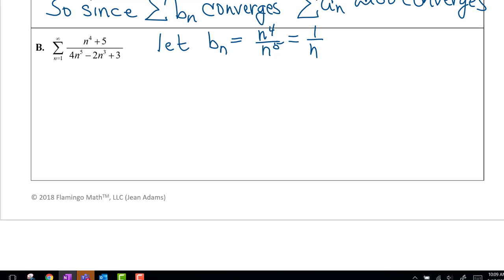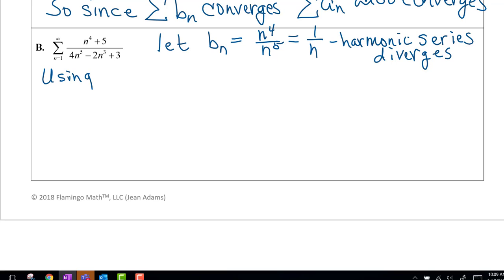And of course, that is the harmonic series which diverges. So if we do get a real number, we're going to say that both of these series diverge. So using the limit comparison test,